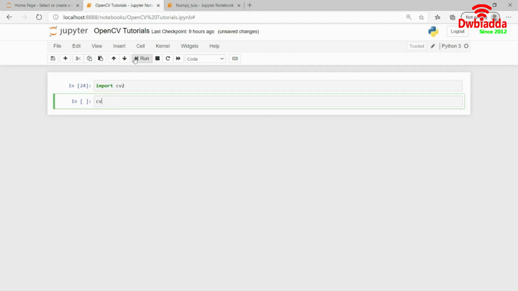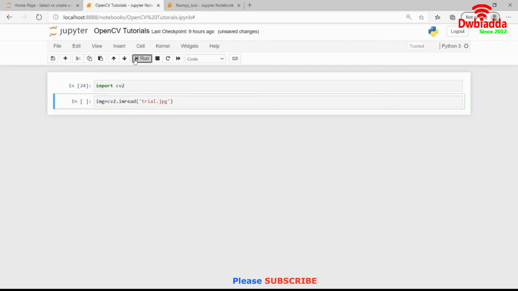OpenCV gives us a function known as cv2.imread, and in this I am required to pass in the name of my image, which is trial.jpg. Remember, you have to pass in the complete path of the image in case the image is not in your home directory. However, for me the image is in the home directory, therefore I can just write the name of the image, and I will store this in a variable called img.